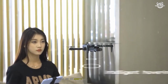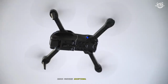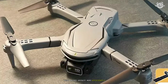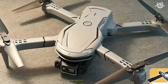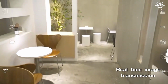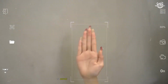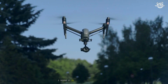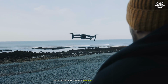One of the V88's standout features is its brushless motor system, which provides exceptional flight stability and longevity. These motors operate more efficiently than the brushed motors found in some competing models, resulting in smoother flight characteristics and reduced maintenance requirements. The drone's 6-axis gyroscope works in tandem with the motors to ensure stable flight even in moderately windy conditions. I tested it in winds up to 15 to 20 km/h, and it maintained position admirably with minimal